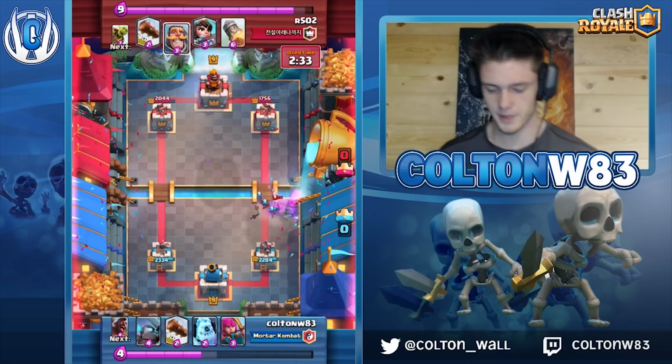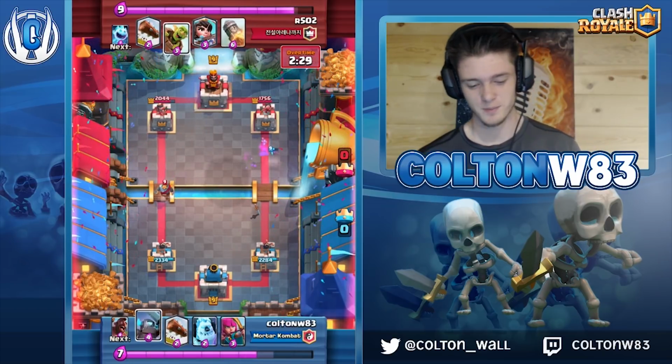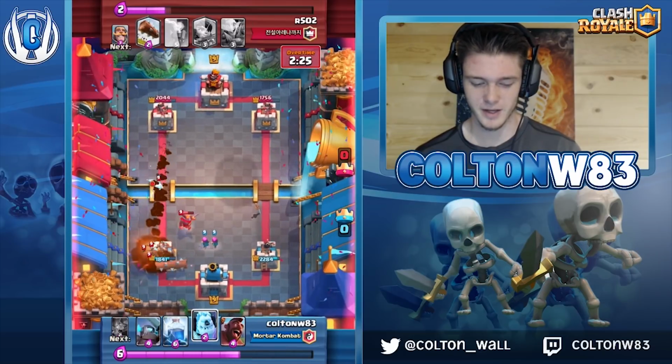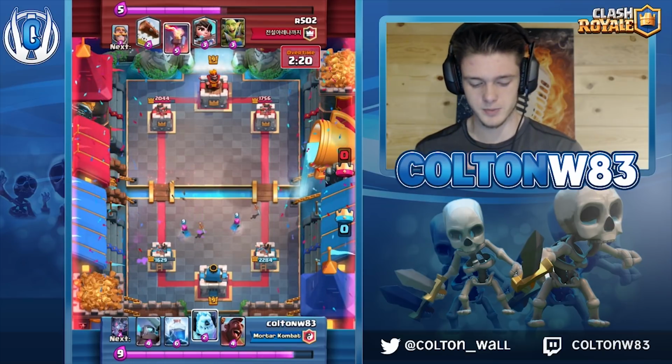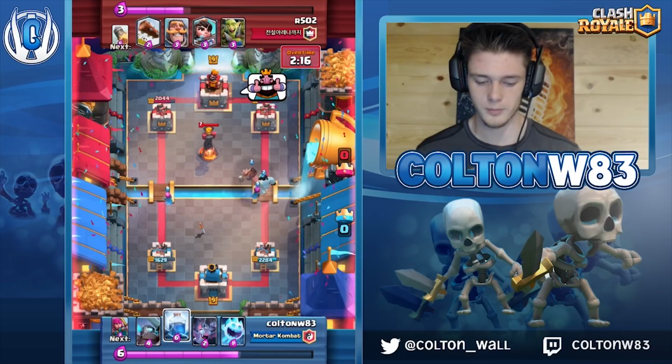Clean up the Goblin Barrel, but yeah, I mean, basically this is just how this matchup plays. It's extremely boring, but if you play correctly. So right here, he actually goes all in, and I saw he's trying to hide the Goblin Barrel, but he actually did get a little bit of damage. But I saw that, and now I know that he's really low on elixir, so I'm setting up for a full-on push. I'm gonna lightning,